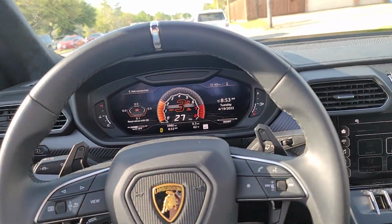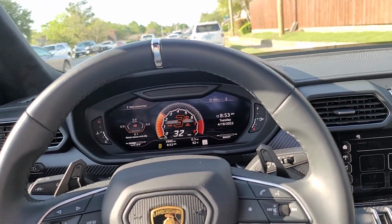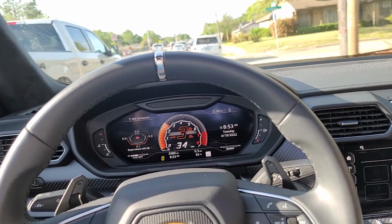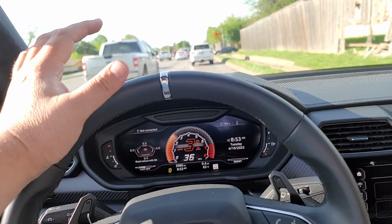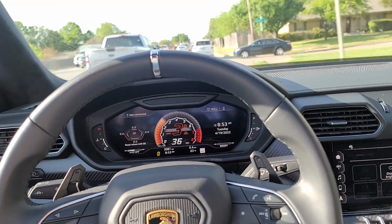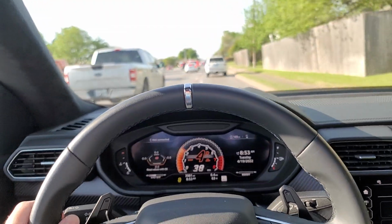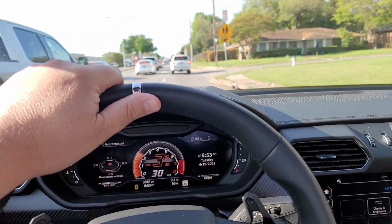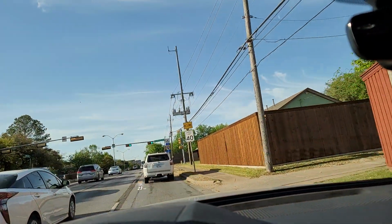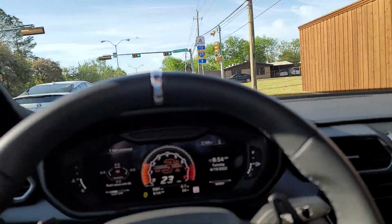Whee! So again, the air suspension here does something that no Lamborghini I thought could do, which is, obviously there was the LM002 back in the 80s, but this is like the version of the Lambo now, right? So this can still do hardcore off-road things. School zone, I gotta put my phone down. All right, and the school zone ends right here. Okay, so